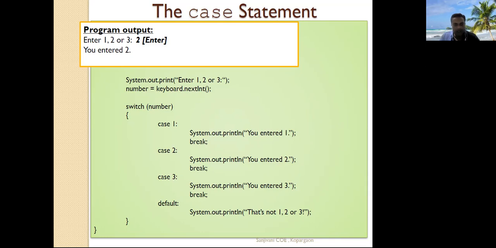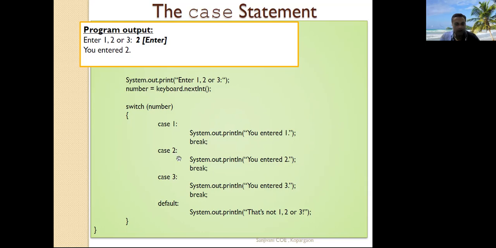Here 1, 2, 3 are the case expressions and number is the switch expression. When the user enters the number, either 1, 2 or 3, that number gets stored inside the number variable, and the value of that variable gets matched with 1. For example, if the user enters 2, that value is matched with case expression value 1, match is not found, then it will compare with case value 2 of the case 2 expression.